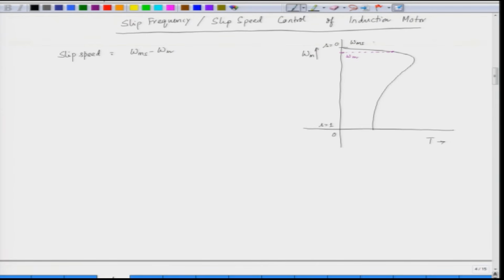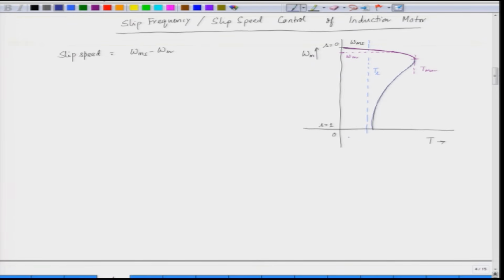Now, usually if we take a constant torque load, this is our T L. This region is the so called conventional stable region. This is the stable region for a constant torque load, and here we get the maximum torque T max. So, this region is the stable region, and this region is called the unstable region. Stable and unstable is defined with respect to a torque profile. For a constant torque load, this region is a stable region, this region is an unstable region.